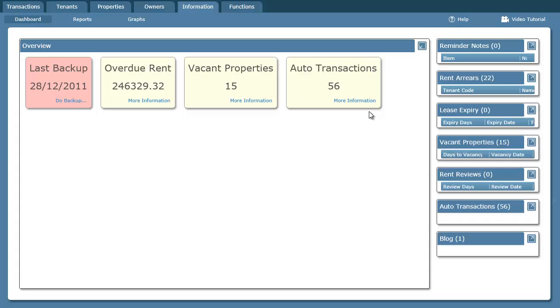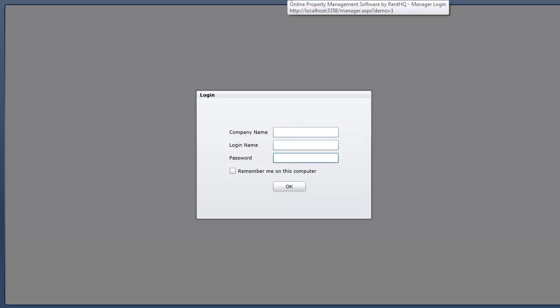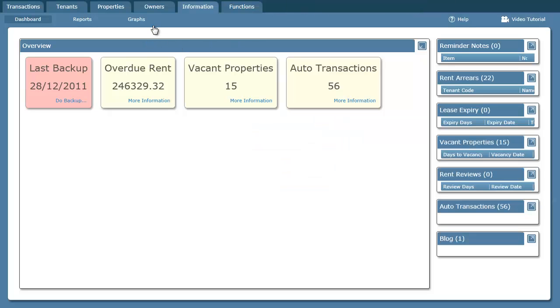What we've got is two different websites. This one here, which is the one where the owners log in, and another one that looks very similar initially is this one here, which is where the tenants log in. So all they need is your company name and their login name and their password. So if we go back to our owners initially,